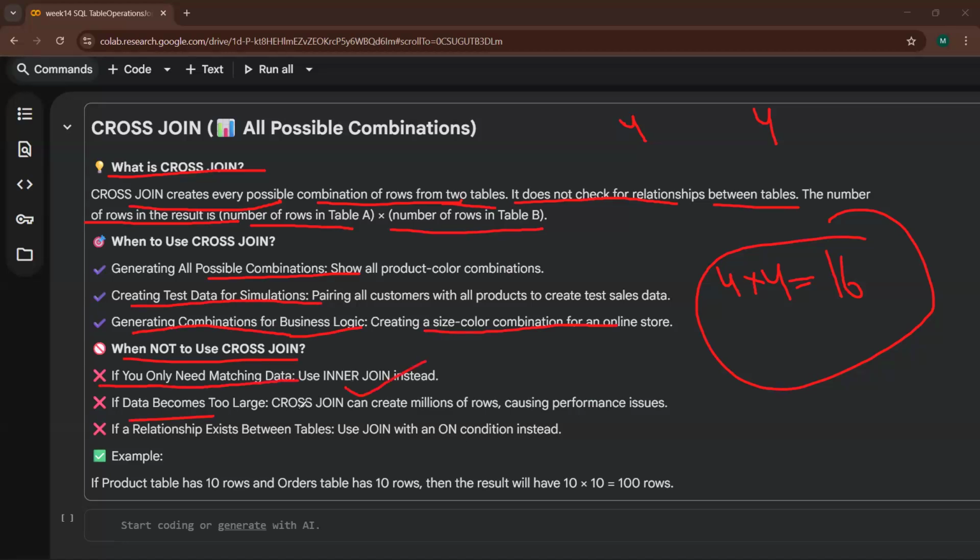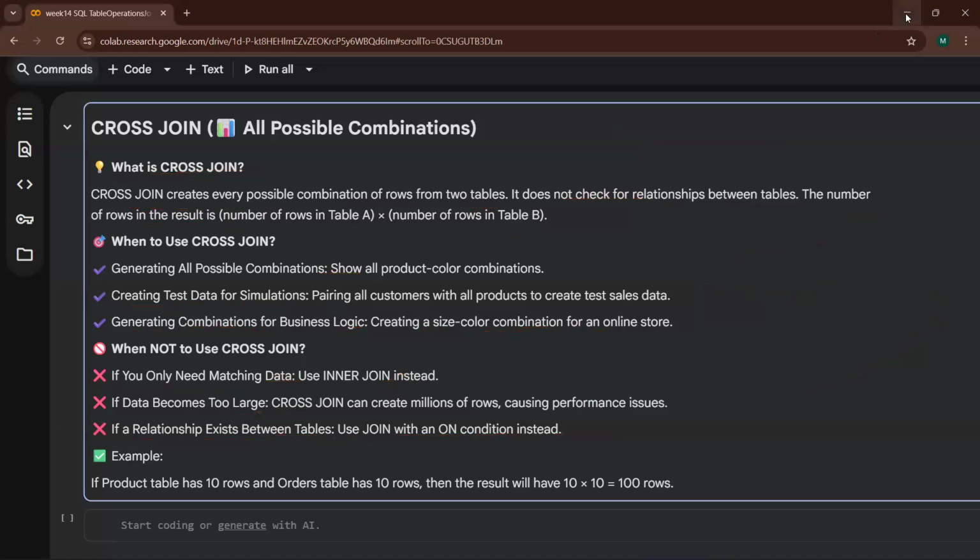If data becomes too large and if a relationship exists between the tables, use join with an ON condition instead. So now if the product table has 10 rows and the orders table also has 10 rows, that will be 100 rows. So how will you do it?